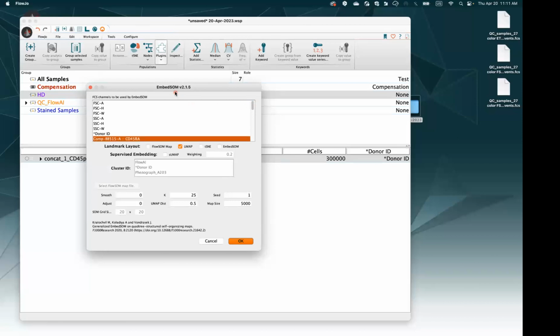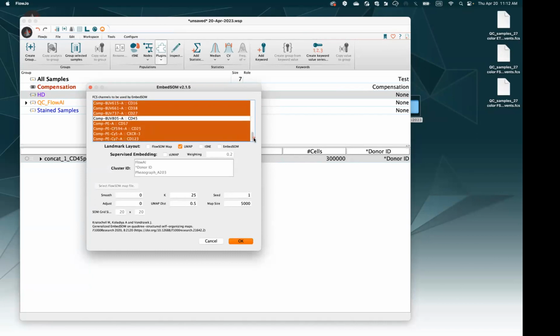So for EmbedSOM, here we will select our compensated parameters. I have my compensated parameters included, and here I will deselect any of the gates that I have gated in or out. For example, remember I have already gated on CD45, so I will exclude the CD45 here. And again, if you have any other viability dyes or dump channels that you already gated out, you would exclude those because they're not going to offer any better resolution on your